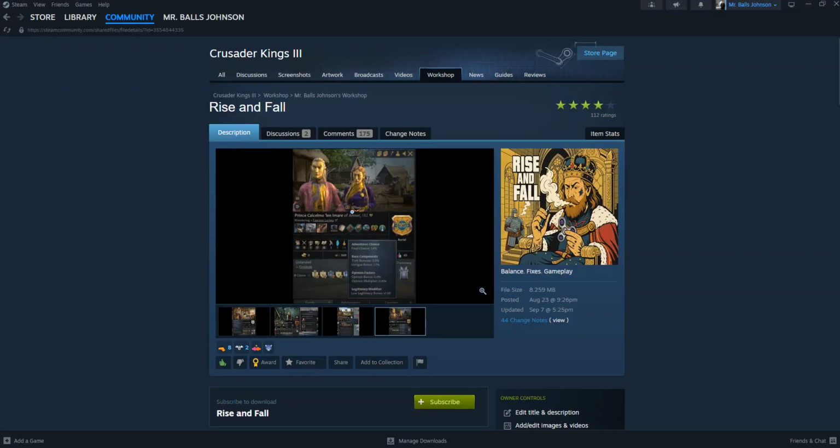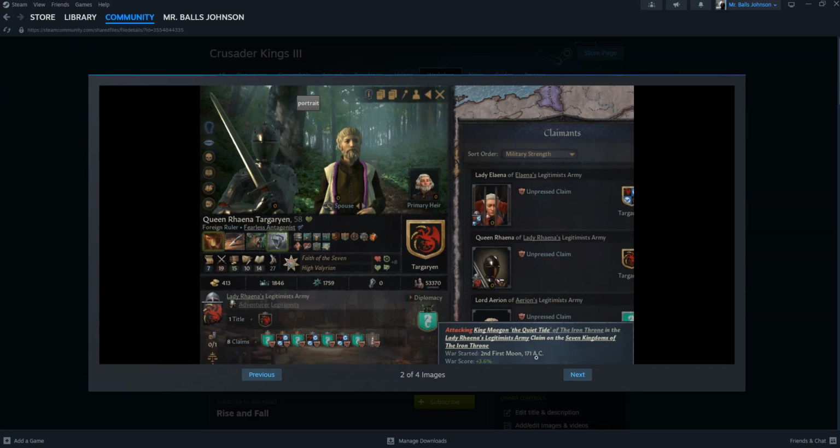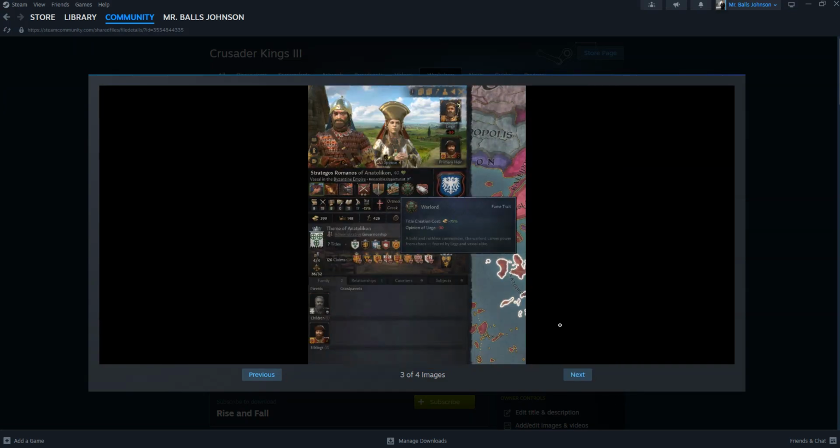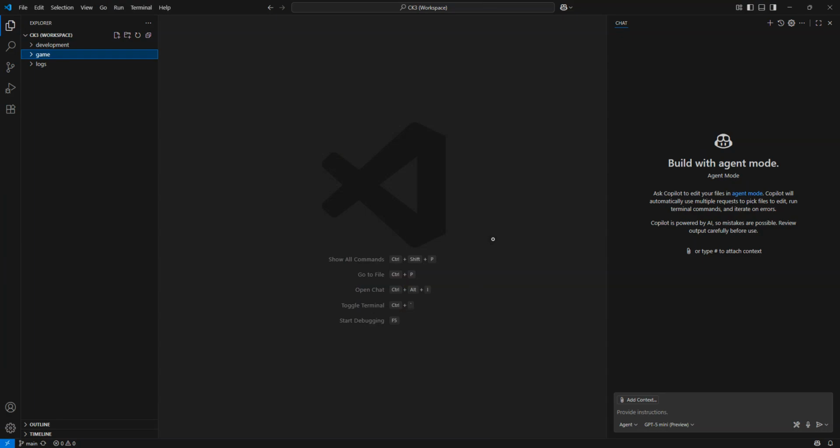For example, this is my mod for Crusader Kings 3, Rise and Fall. A lot of cool systems are added: realm stability, venture camps, declaring war, traits, more GUI modding, okay? It's simple, it's actually not that bad, I promise you, especially with the usage of AI if you use